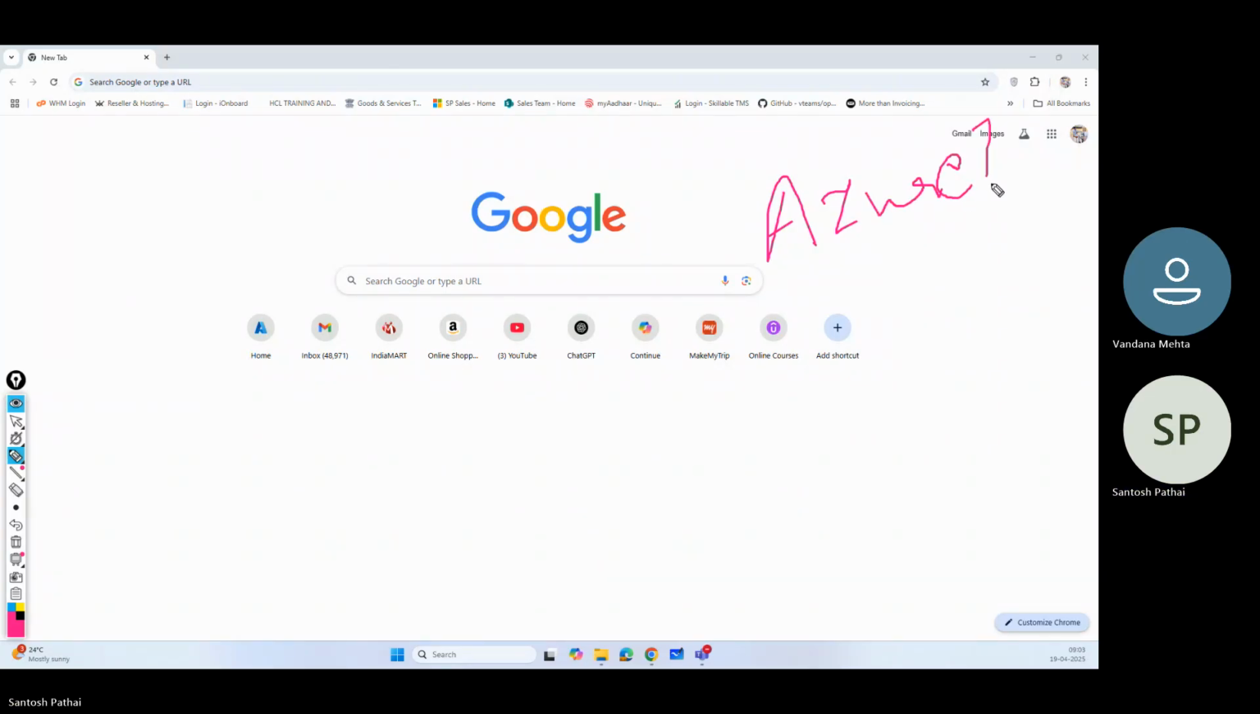What is Azure? Azure is a Microsoft cloud platform where we can provision or spin up resources on an on-demand basis. Now, when we talk about on demand basis, what does that mean? So when we talk about